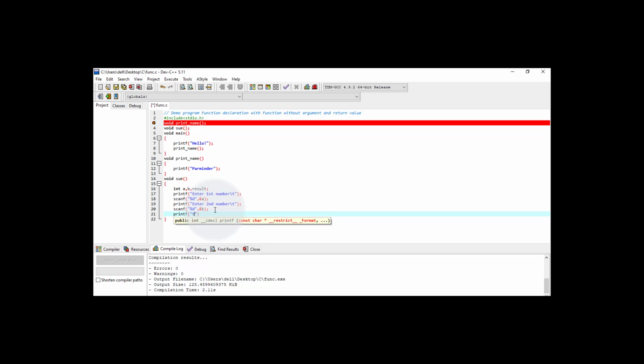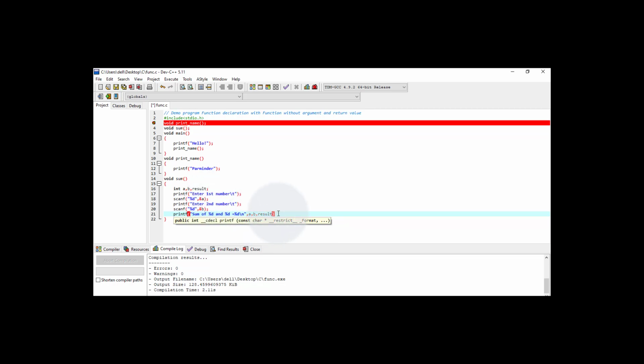Then here I write sum of %d and %d is equal to %d, and here I put \n, then comma. Here I have to give the reference of the variable whose value I want to display first, then the second variable, and then the third variable whose value I would like to display.